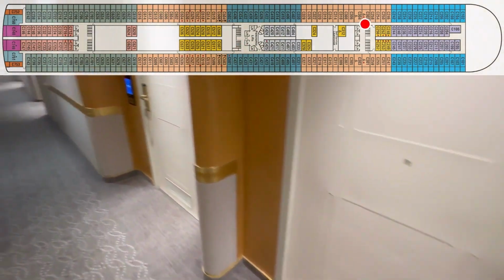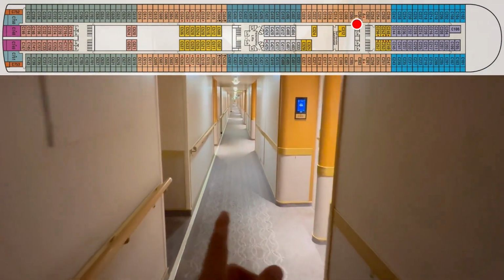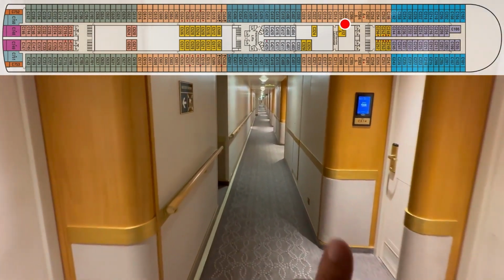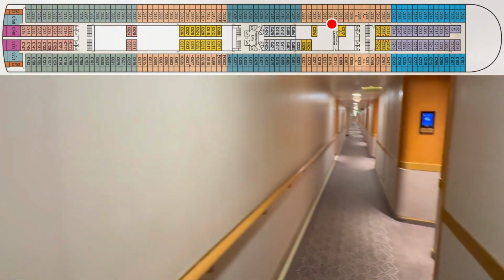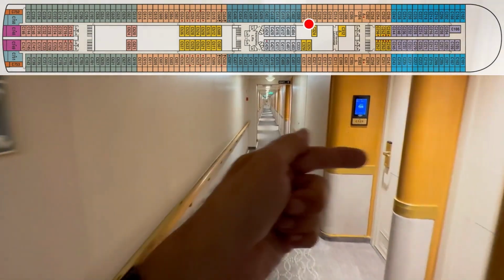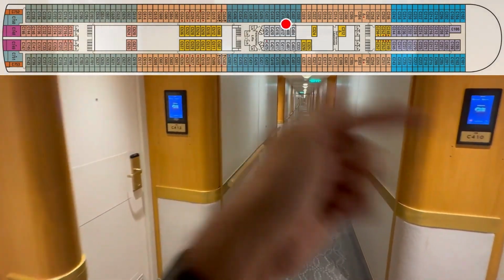Into the 300s, 302, 304, and again, forward elevators and stairs. There's a crew door right here. 306, 308, 310, 12, sorry, 310 is on this side right there. That is 312 behind us, 314, and a laundromat. 316, 318, seems like there's a laundromat on every floor. 20, 22, 24, 26, 328, 330, going to the 400s, 402, 404, 6, 8, 10, 12,